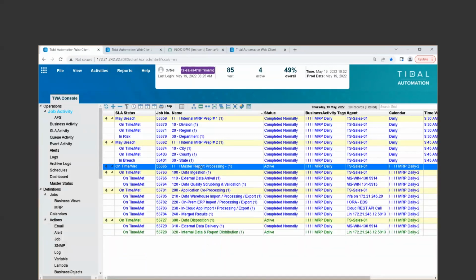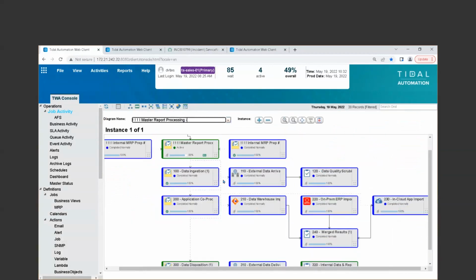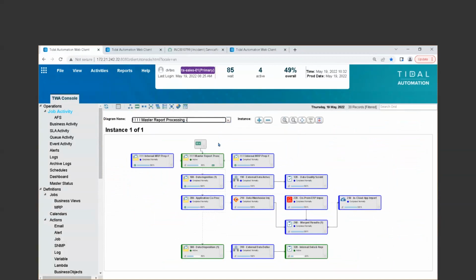Back to our view here. We're already running the last job. If I've timed this correctly, it may go into at risk. It may go into breach. Remember, though, that as you look at the data, it doesn't have to be in this format. It can be done in a graphical view. Right, there's my